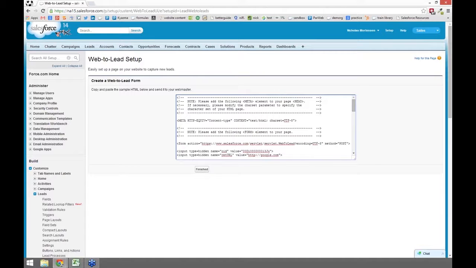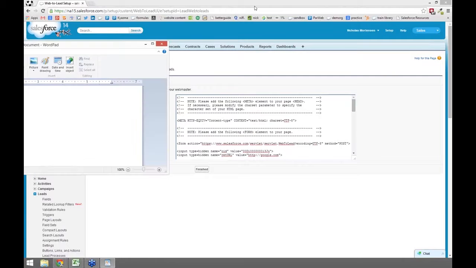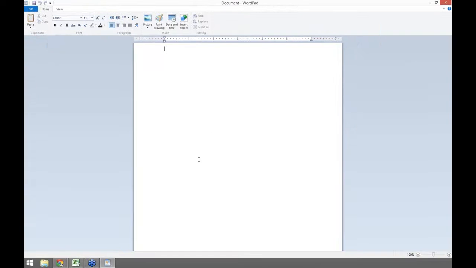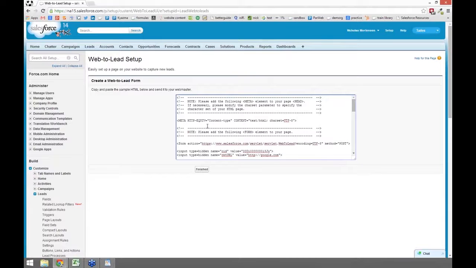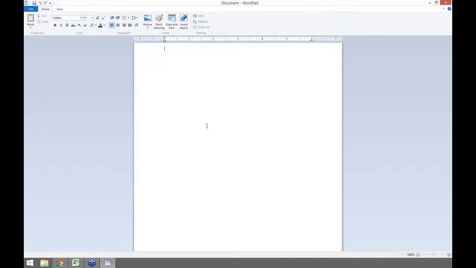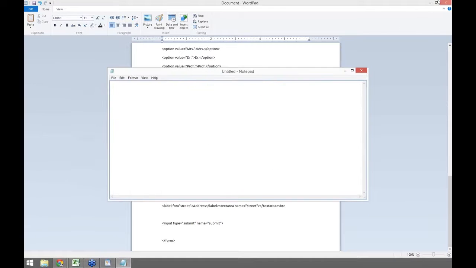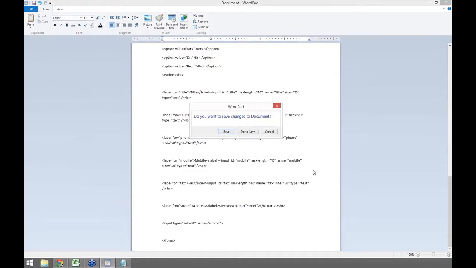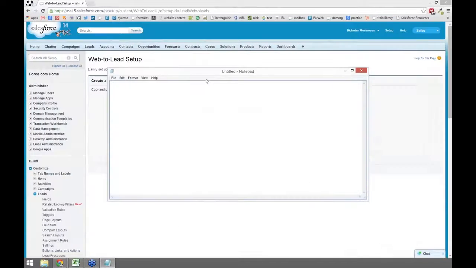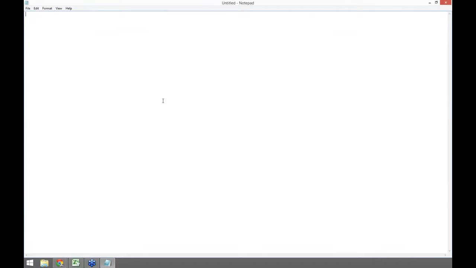Let me open up a text editor. Okay, so let's open up WordPad real quick. Let's paste this in here. Sorry, I'm using somebody else's computer, and I actually don't like WordPad. And I usually use Sublime, but it's not on this computer. So I'm going to use the actual Notepad, not